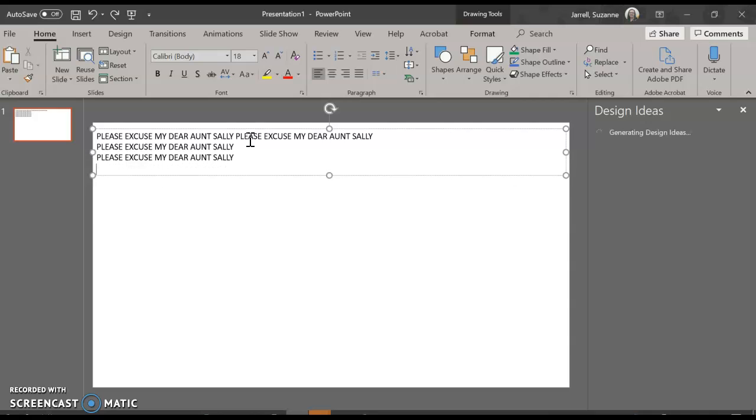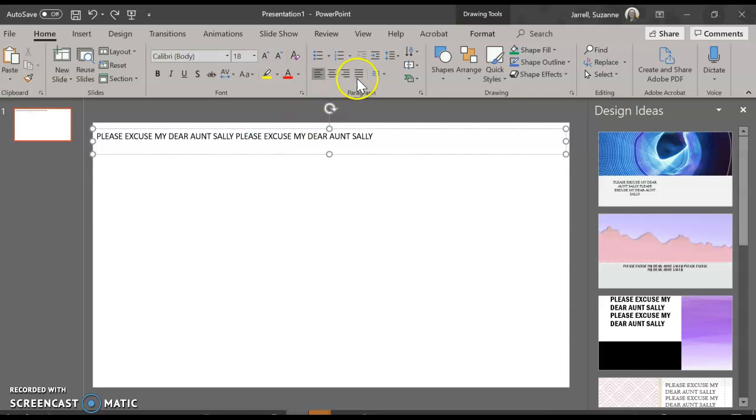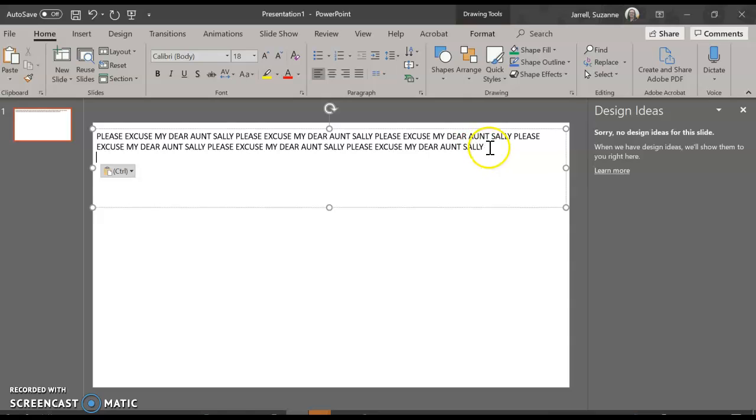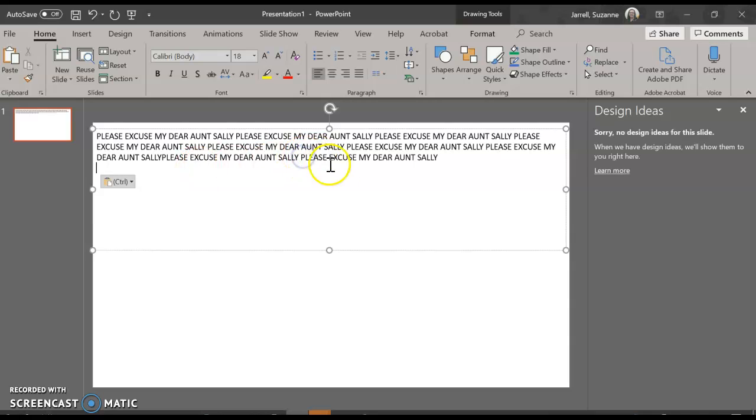Sorry, hit the wrong button. Okay, Control V, and then I'm going to go here and I'm going to hit Control V, and then I'm going to go here and hit Control V. So I'm clicking, and whenever I get to a stopping point,